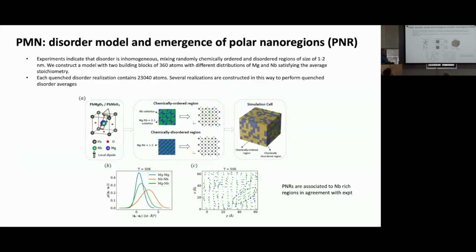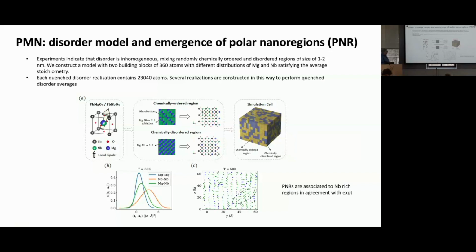We are guided by experiment, which indicates that the disorder is inhomogeneous: on the scale of 1-2 nanometers, there are chemically ordered regions and chemically disordered regions. And so we have building blocks of about 360 atoms,